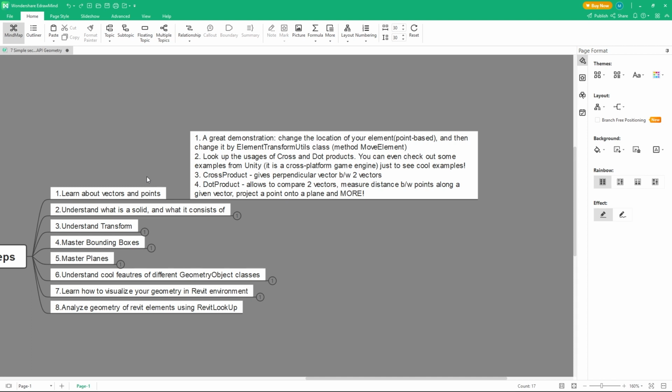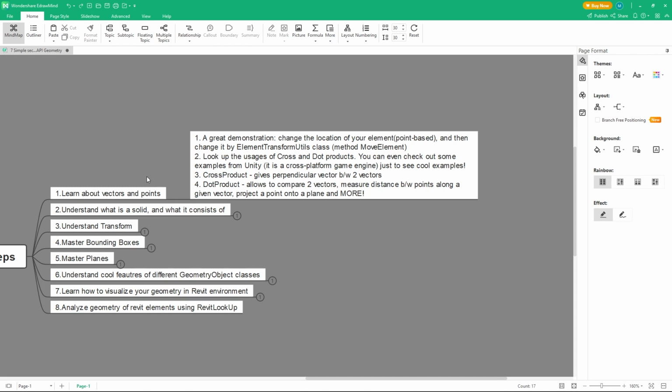So if you came from Dynamo, that can be really confusing for you because in Dynamo we have an object for point, which is called a point, and we have an object for vector, which is called a vector. But in Revit API, it doesn't work that way. We have only one object, which is called XYZ, and it can be used as a point, and that can be used as a